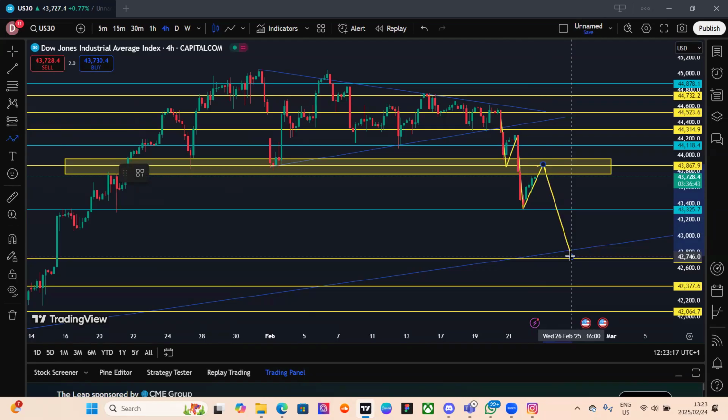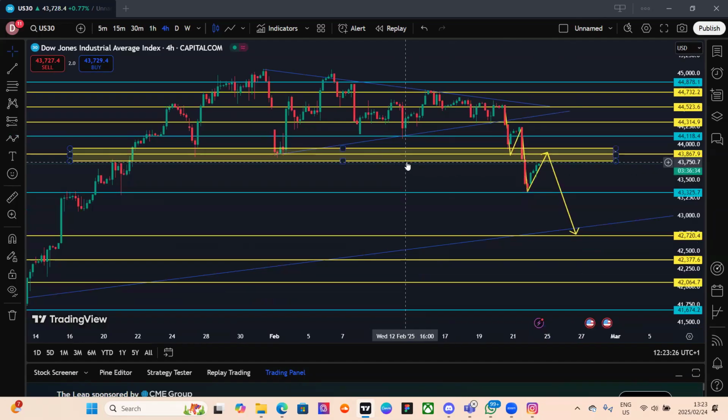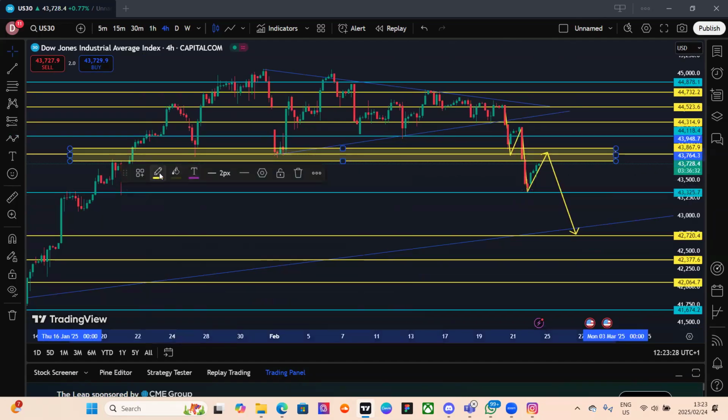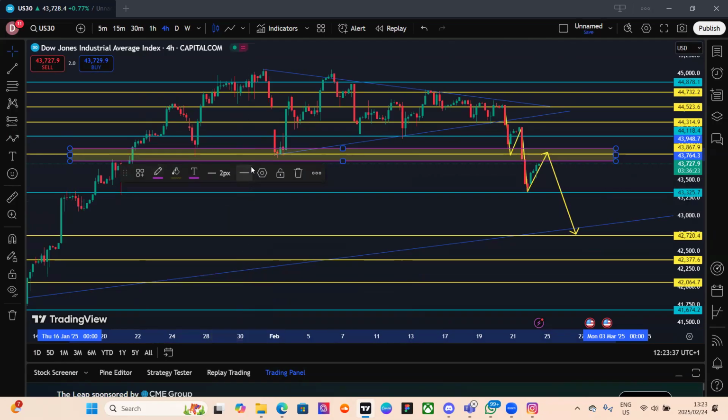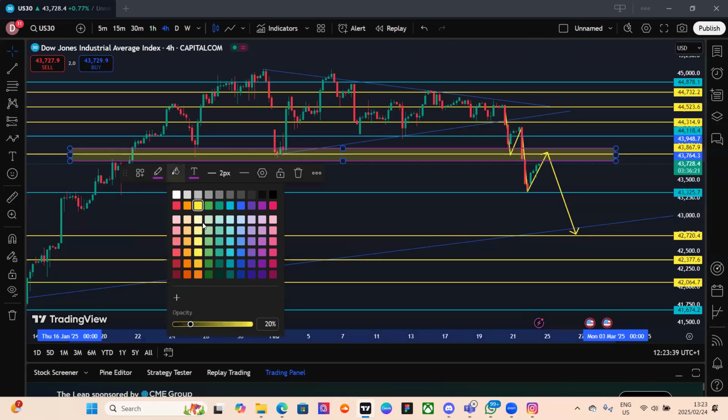So with US30, I'm going to be seeing just some decent movements. I wouldn't say maybe execute a trade today. Maybe wait until Thursday or so, and then see how everything actually plays out,